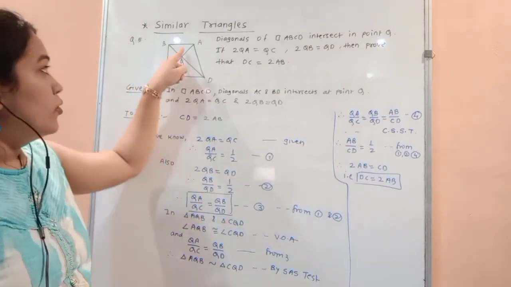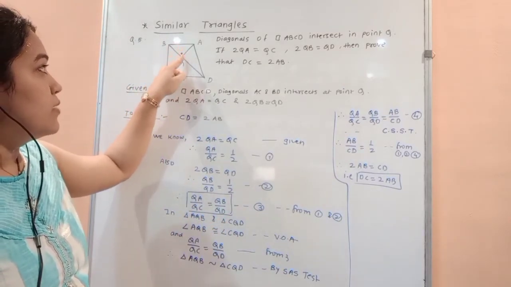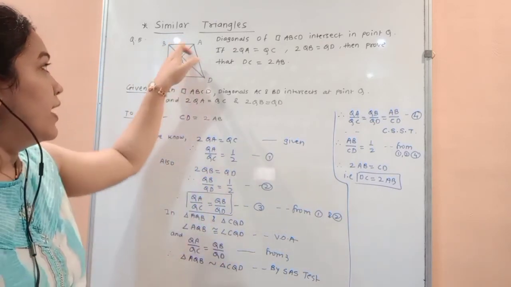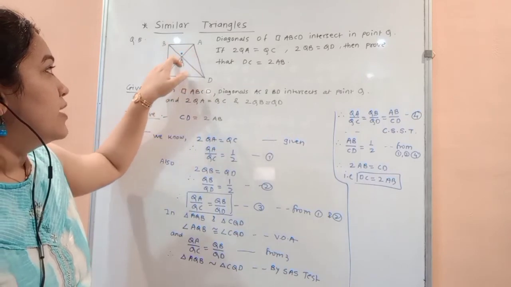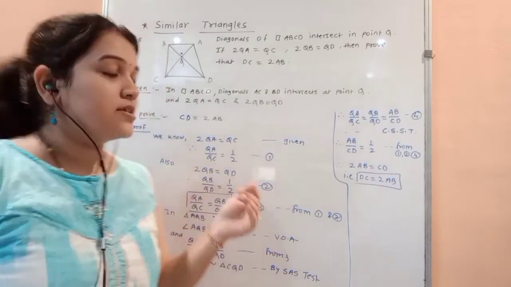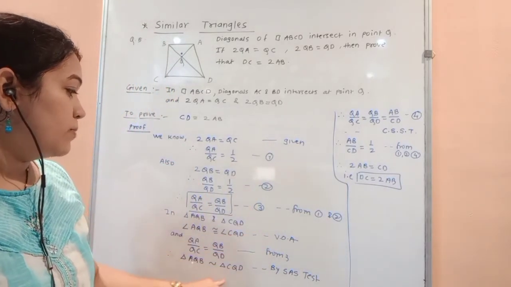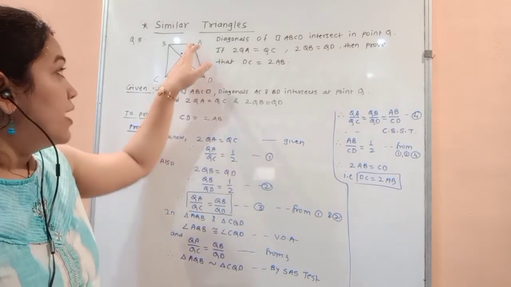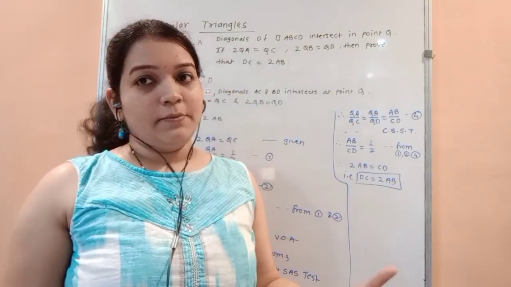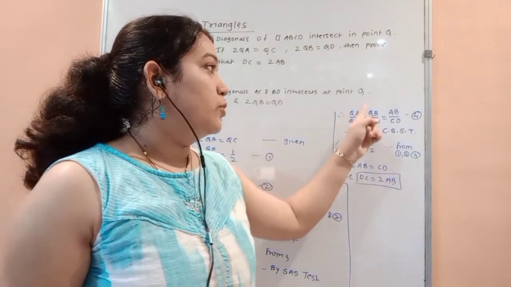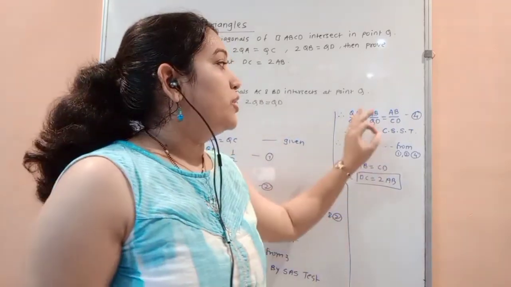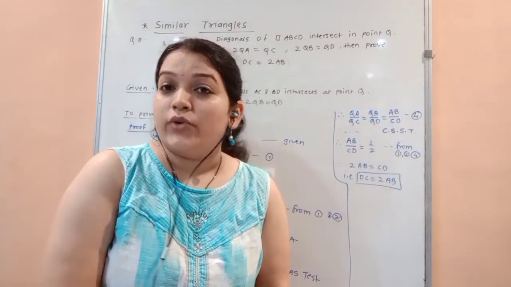Then focus on these angles. These are what? Vertically opposite angles, AQB and CQD. So therefore in triangles AQB and CQD, sides are in proportion and the middle angle, the angle included by the sides, is also congruent. Therefore by SAS test we can say AQB is similar to CQD. Once you get that the two triangles are similar, then you can prove the ratios are also equal by CSST, corresponding sides of similar triangles, yes or no?